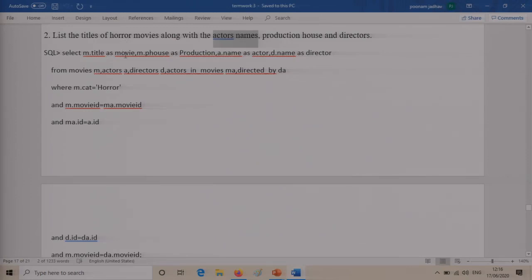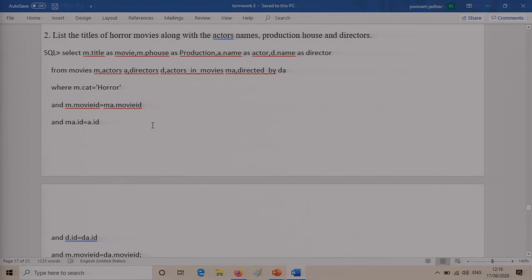So it's actually taking into consideration all the tables: the actor table, the director table, the production table, the movie table and the 2 relationship tables. It is going to take all that into consideration, and I have to build a relationship between them.